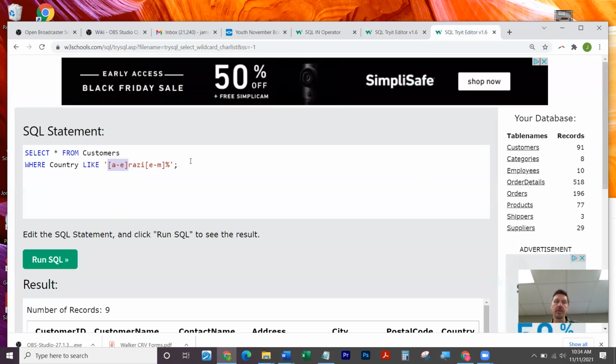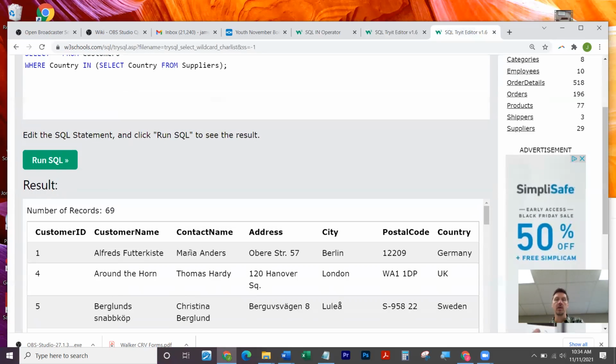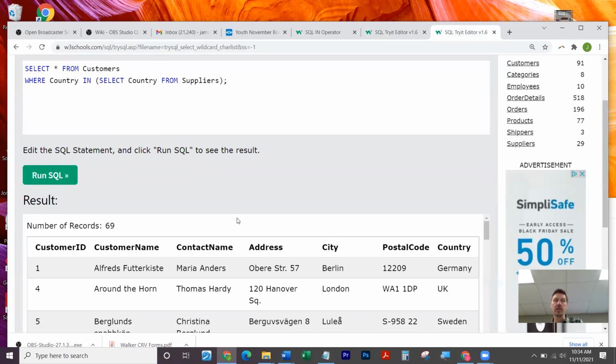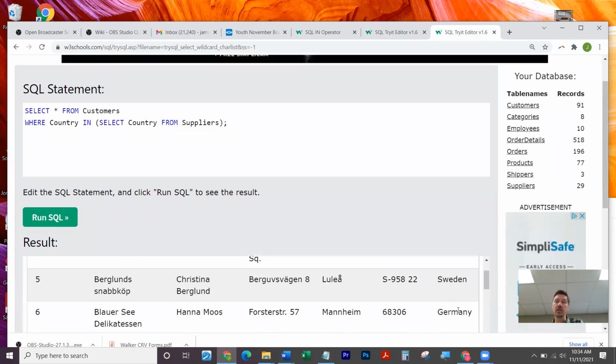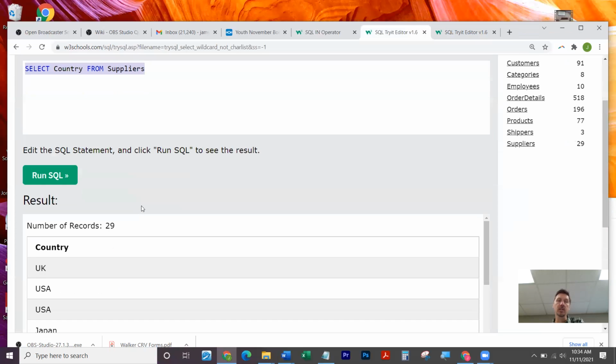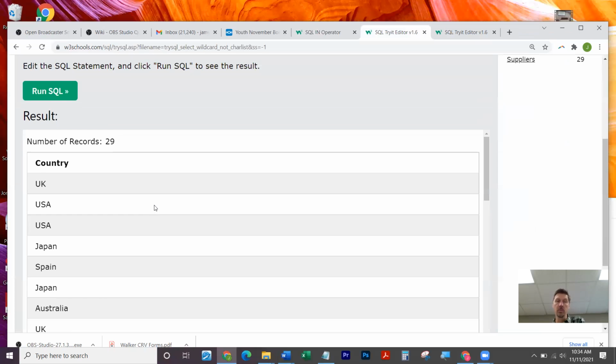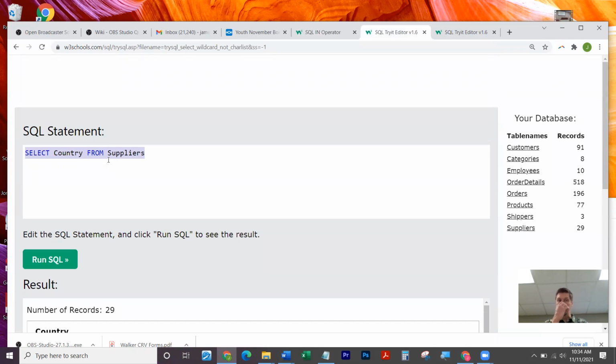move it over to here. Nope, is this the one that was broken? I think this one worked. Let's try this one. Yeah. So all of the records that are being returned from my customer list, the country here will only match the countries that I got whenever I ran this SQL statement against my suppliers list. So that's pretty cool. So I could say select country from suppliers where